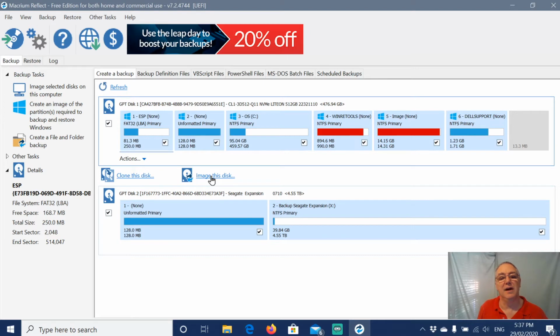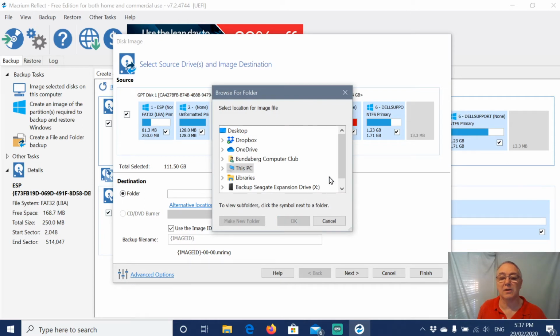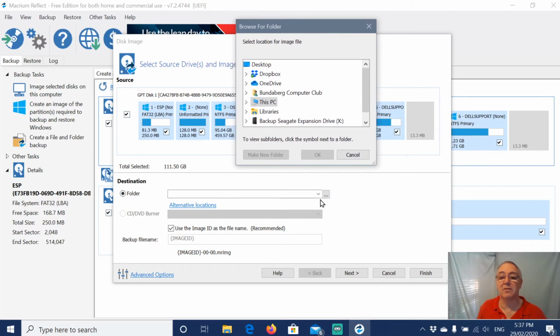So cloning is for copying a disk onto another disk. This is just making an image that we're going to store on our external hard drive. So image this disk. Where are we going to put it? Click on the little ellipses here, the dots. We're going to go to this PC. We're going to go to our X drive,